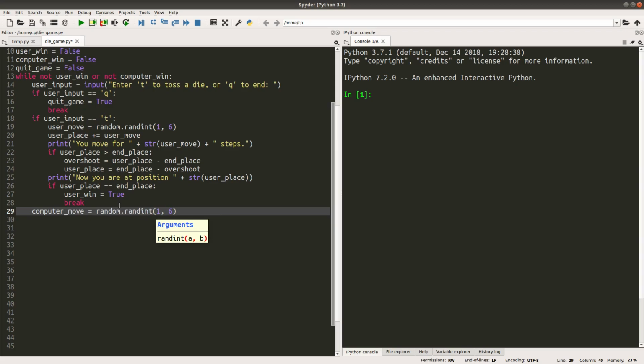The computer move will be generated randomly between 1 to 6. The computer position will be updated after each computer move obtained from the random die tossing.